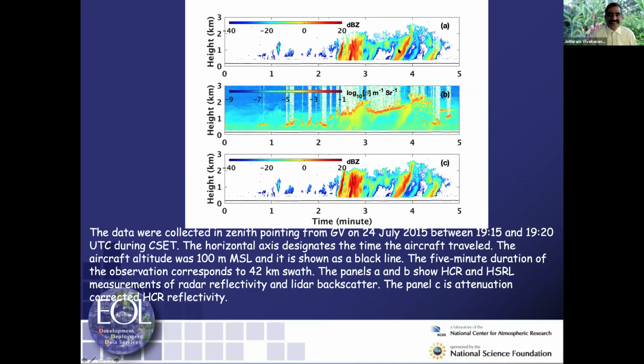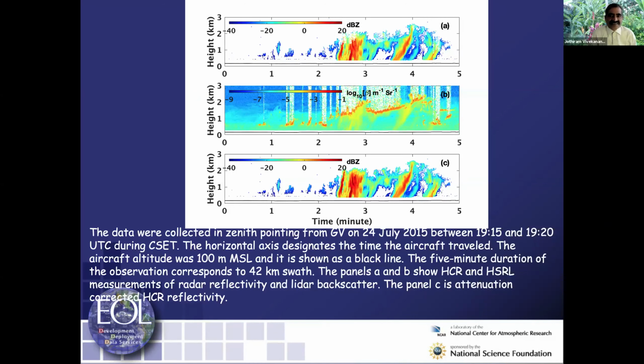off the cloud base. You can see the variety of cloud types in this 40 kilometer swath. I picked this time frame where I could apply my technique and see whether I am able to retrieve cloud droplet, drizzle droplet sizes, and also liquid water content. But I had only a single airplane. I don't have a secondary airplane where I could compare concurrently what I retrieve, so how to validate? Hence, I got to rely on the radiometer for that case.